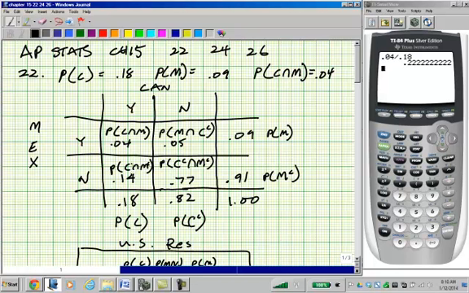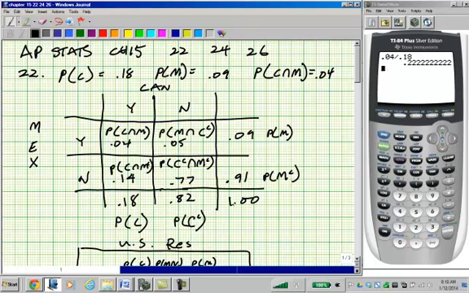This is the probability that somebody went to Canada but not to Mexico, the probability of C and M complement. So I put in 0.14 because that's 0.18 minus 0.04. So these two cells should add up to the margin here. Similarly,